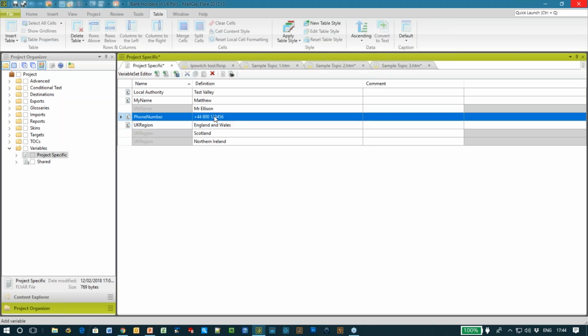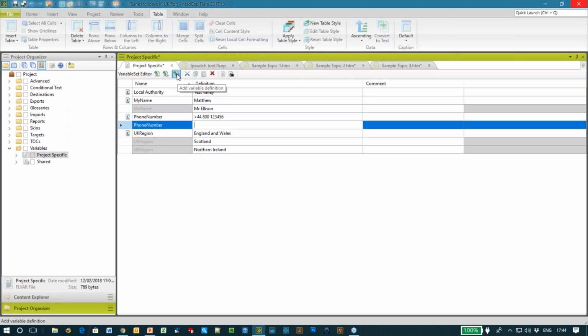But then here's where I might think, oh, but if I'm building a target for my US market, they should call the US number. So why don't I add an alternative definition, which would be this button here. I'll add a new definition. So this is not a new variable. It's still the phone number variable, but I'm going to add in the number that my US customers should use.